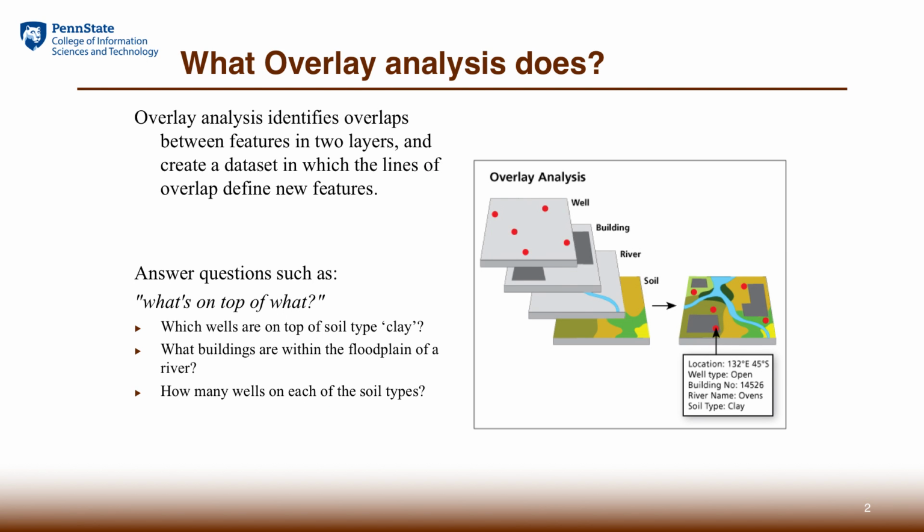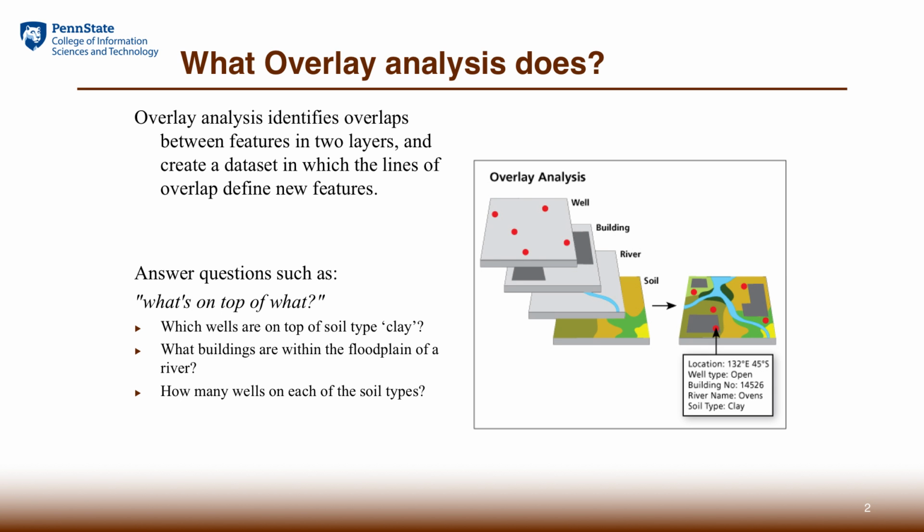Overlay analysis is just like the name indicates. It is about overlaying information themes from one to the other so that we can relate that information in uniform formats. For the example that we show here, we have represented a place by four themes. One is soil type. Then we also have a theme talking about the rivers. On top of that, we have a theme describing buildings. And on the very top, we show the different kinds of water wells.